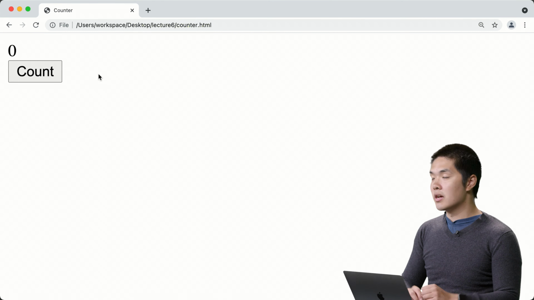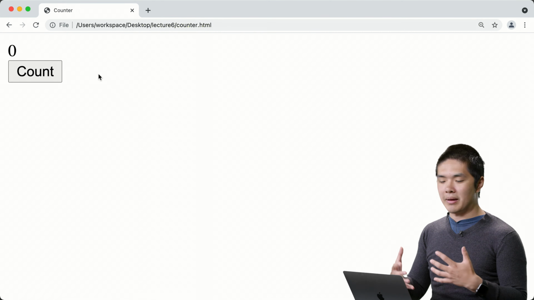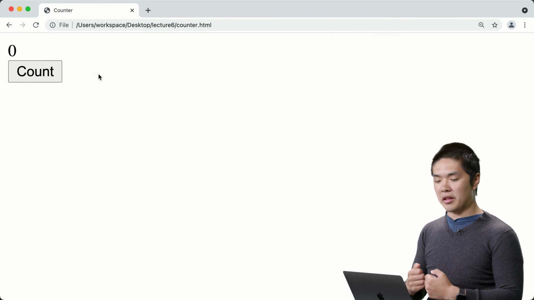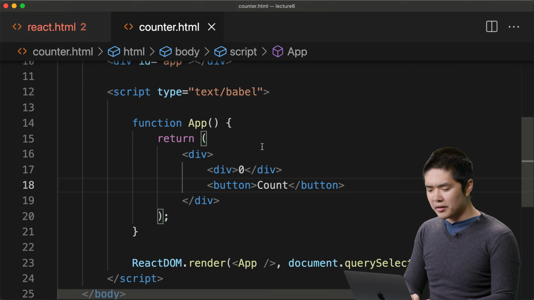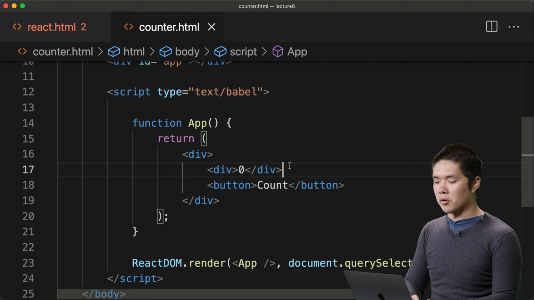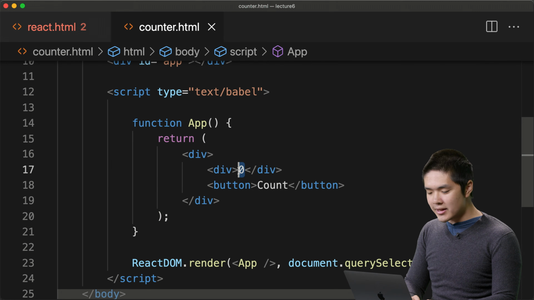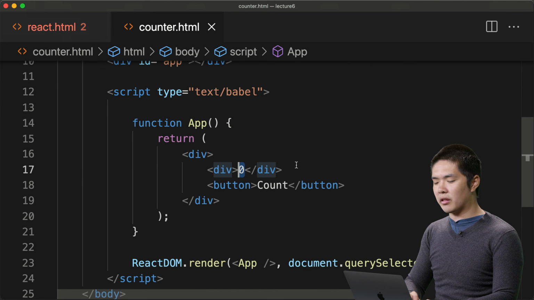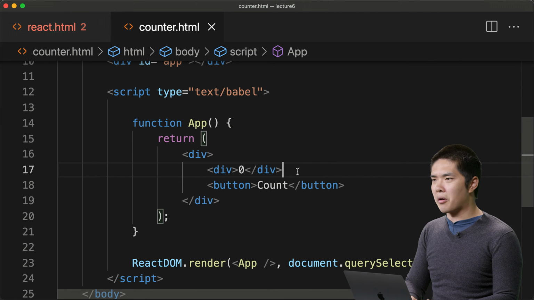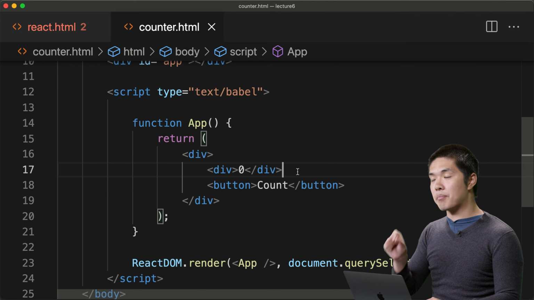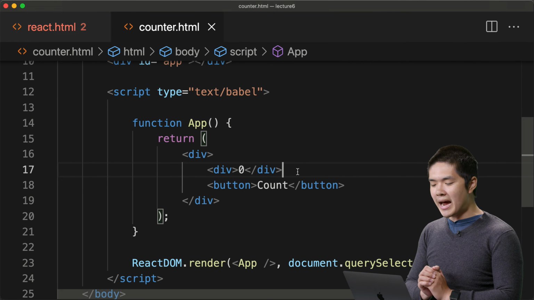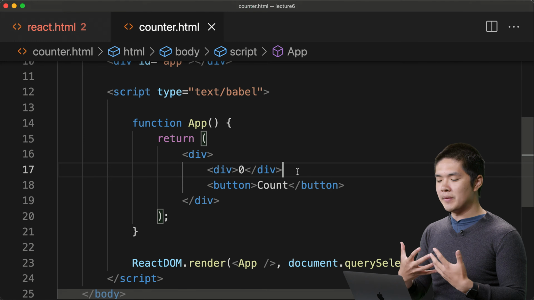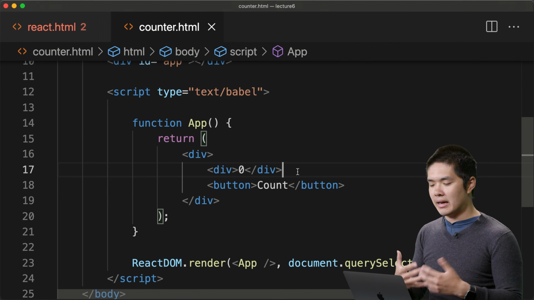Of course, right now, clicking on the button doesn't do anything, because I haven't written any JavaScript code to say what should happen when this button is actually clicked on. But before we get there, let's modify this program a little bit. Right now, I've written the number 0 directly into the div itself, but it's not always going to be 0. Eventually, as I start counting by pressing that count button, that number is going to change. So what I'm going to do now is factor this 0 out into what's known as state inside of my